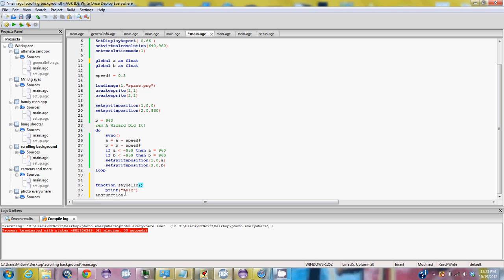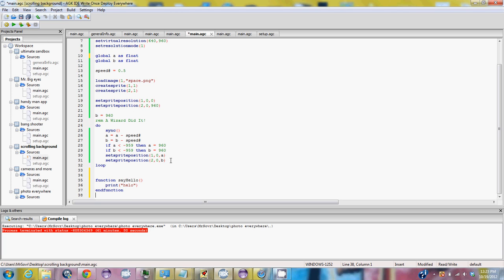Now you have to have a function and an end function. I'm going to show you more in detail what it is. And yes, that doesn't turn blue. You just have to press enter and it turns blue. So within the main loop, I'm going to say hello, just right there, and it will print the misspelled hello